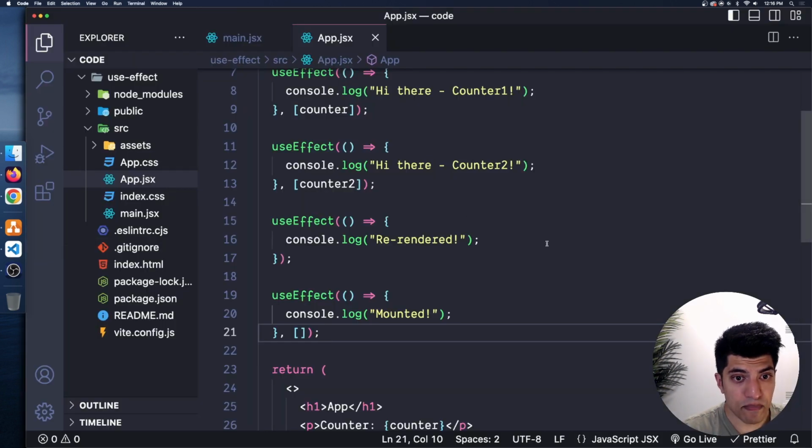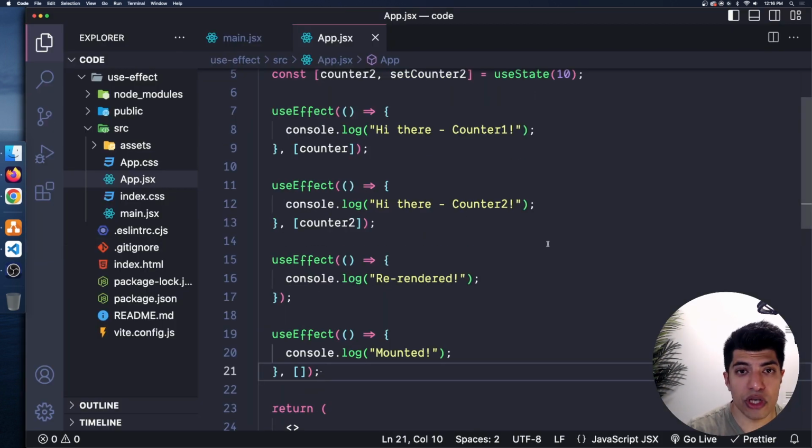So really, this is most of what you need to understand useEffect quite deeply. The next part we're going to go through is also very important, but at its core, this is what useEffect really allows us to do. It allows us to hook into the lifecycle of the component and run some kind of side effect, like in